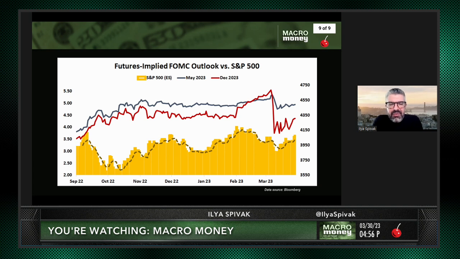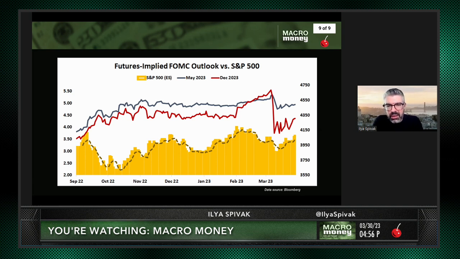Notice that the S&P 500 begins to recover. That's the yellow bars on the bottom, and the dashed line there is just the 5-day moving average to get the trend a little bit more discernible. Notice that rise in October going into November. That's where the uptrend begins, the most recent one for the S&P 500. Notice that's also the place where rate hike expectations peak and get stuck into a long-term range until you get to the beginning of February, where they start to rebuild around that better economic data, and also where the S&P 500 starts going down.